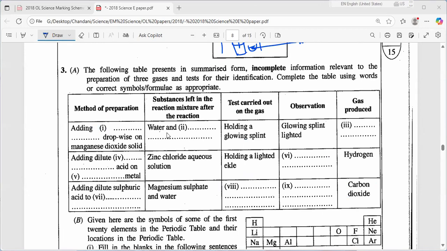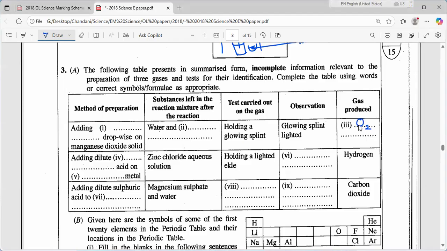The first one gives a glowing splint that is lighted. The glowing splint lights up with oxygen gas, so we can identify this one as oxygen. Holding the glowing splint in oxygen, and this is the water and